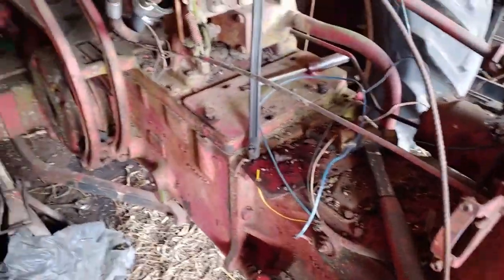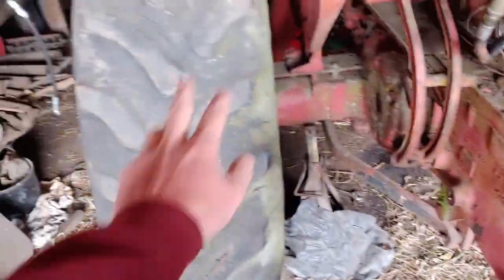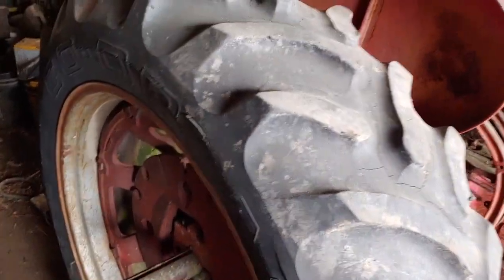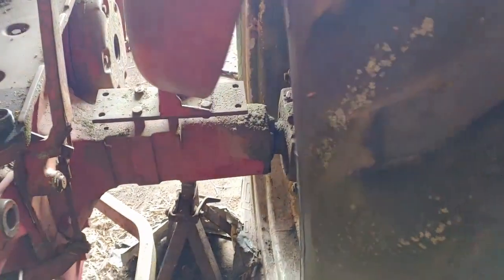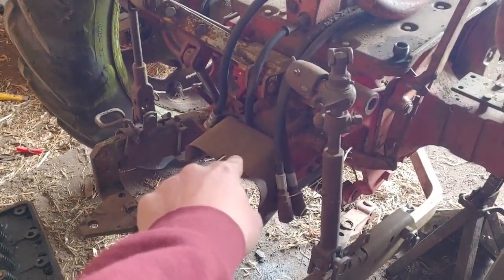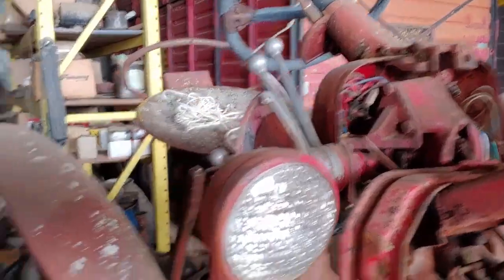Really, the only thing that we can conclude why it was parked is because this tire, the rim got a pinhole in it. It holds air, the tire does, surprisingly. I don't know how it does, but there's a pinhole in the rim, in the backside of the rim, somewhere. I don't remember exactly where. And the wheel seal here on both sides is going out. They did not use the fast hitch at all because it's locked up. And if you come up here, and